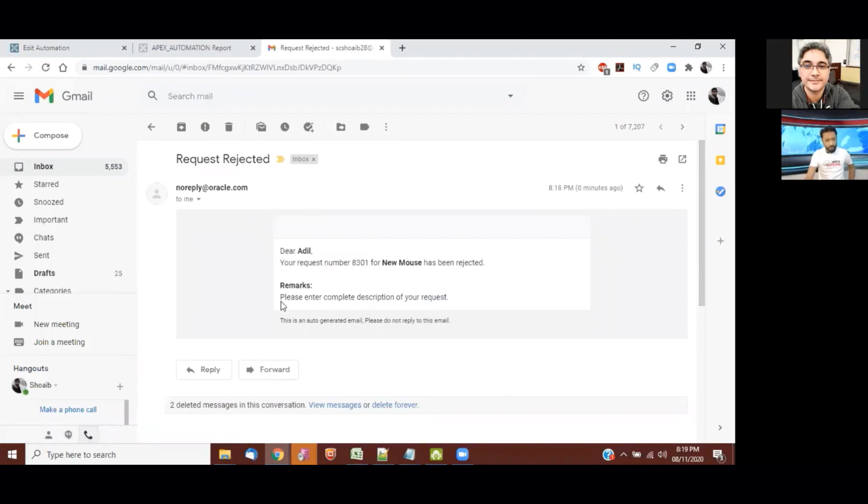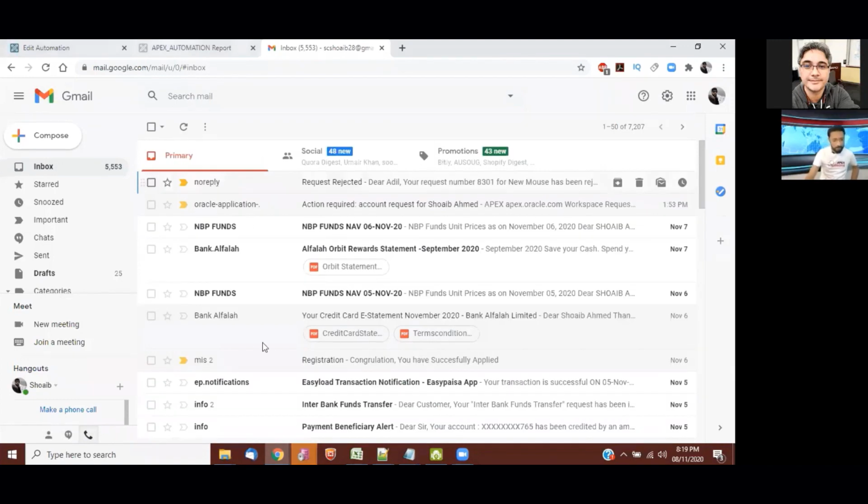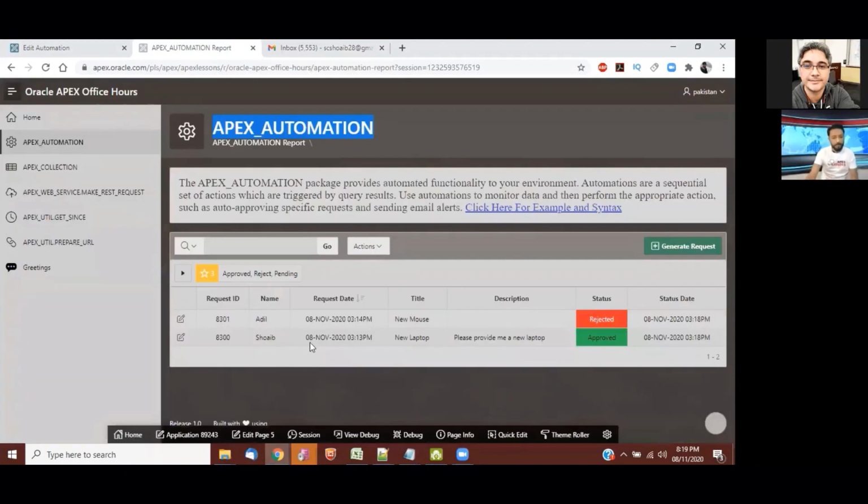So there is no human interaction in this process. You can do anything you want with it. You can set automatic emails, you can set attendance. This is just a replica of Apex Job, with some great new features, within the environment of Oracle Apex.